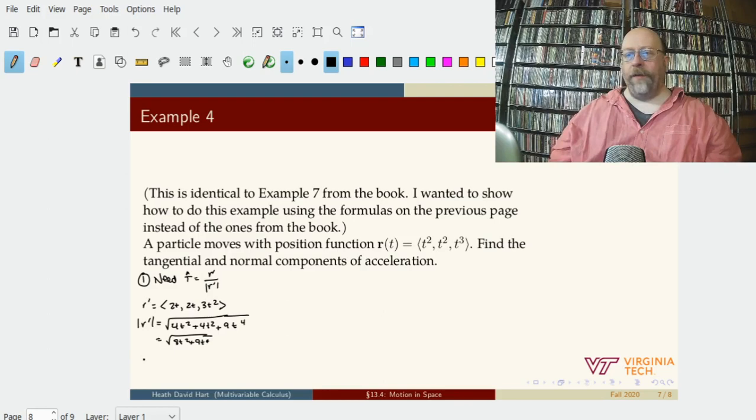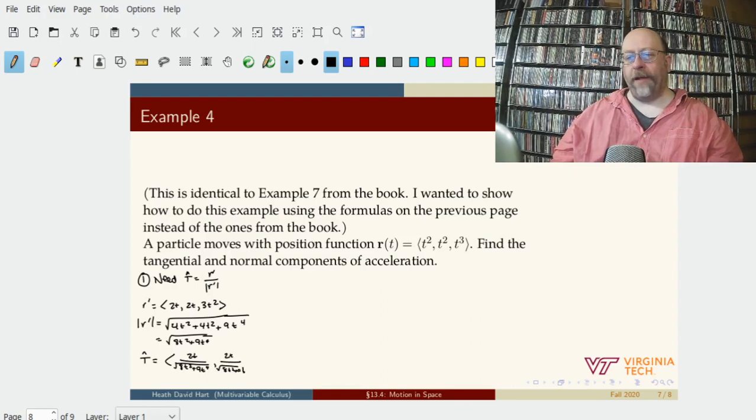And so the tangential component is 2t over the square root of 8t squared plus 9t to the fourth,